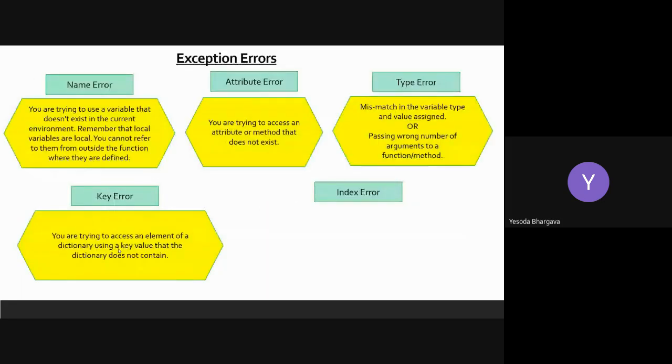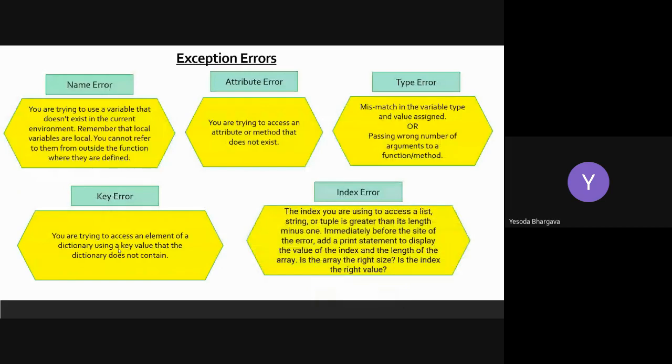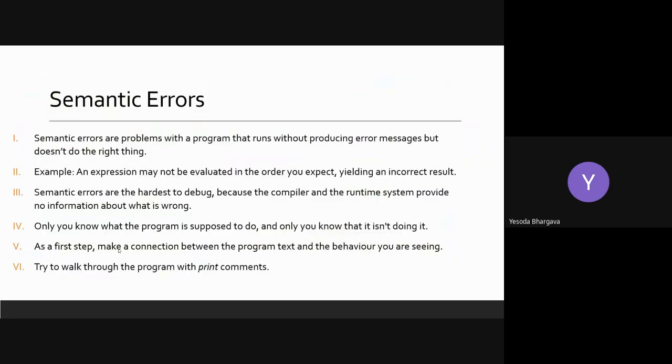Today we also learned about runtime errors and the different types of runtime errors, and semantic errors, where the program may be running flawlessly, but it is not doing what is expected. That's a semantic error, and these are much harder to debug. In tomorrow's class, I'll talk about one of the examples that will take us most of our time. We'll continue our discussion on debugging tomorrow and hopefully wrap up debugging.